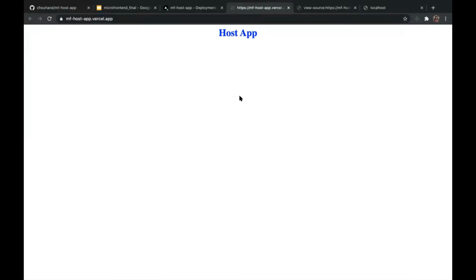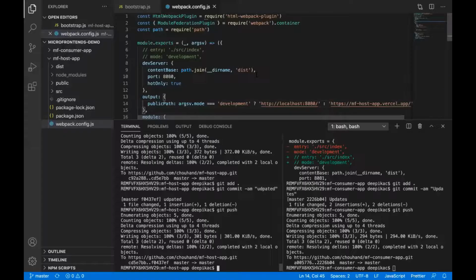But our main concern over here is that we are going to make it a micro front end. So it should actually expose and use another application, importing and using it in the container application, and then we see if it is working in local and in production. So we'll go for that.